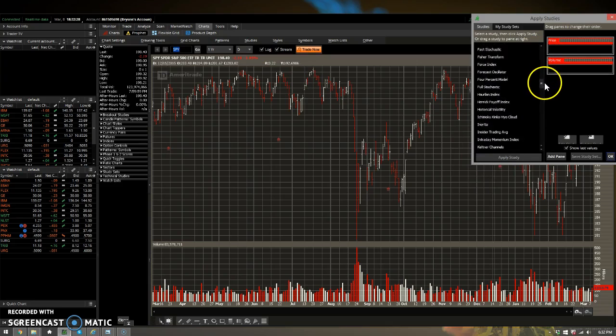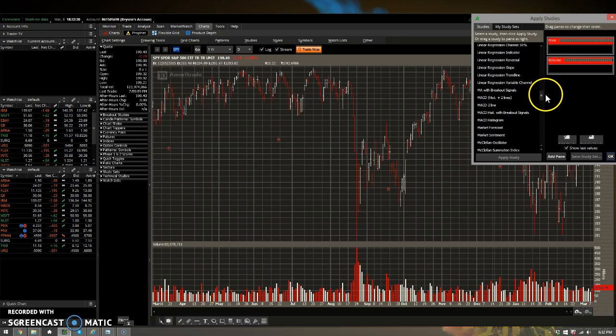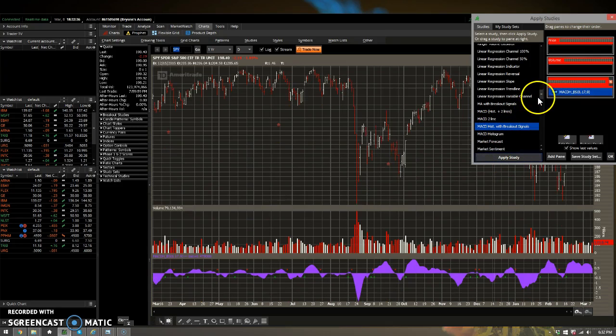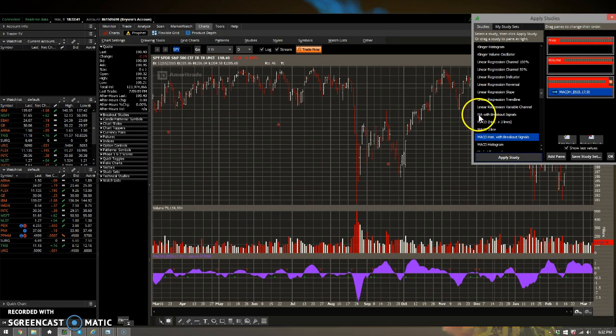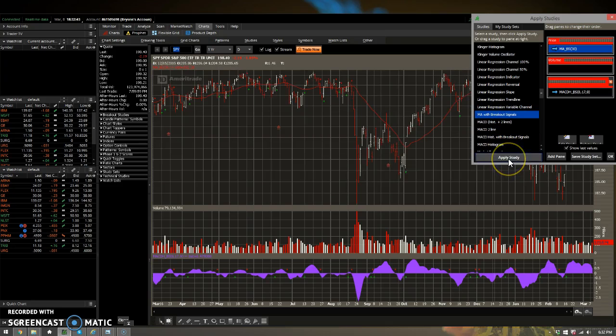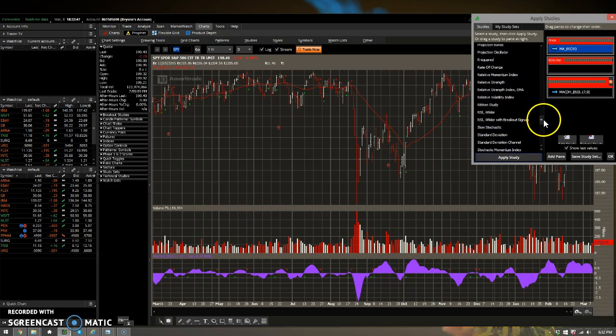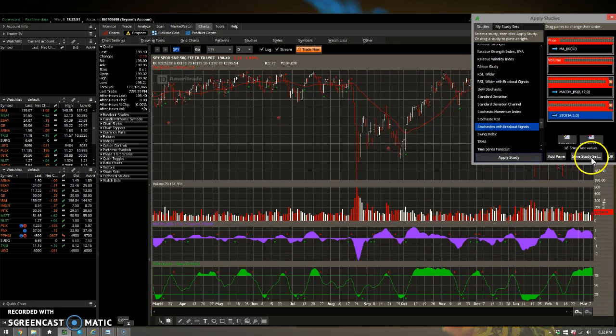I've done this in the past for a couple different people as well. I want to add a couple different things. I want to add the MACD histogram with breakout signals. I'm going to apply that study. I'm going to come up and do moving average with breakout signals. Add that study. I'm going to come down and do the stochastic with breakout signals as well. And then I can save this study set and I'm going to call it